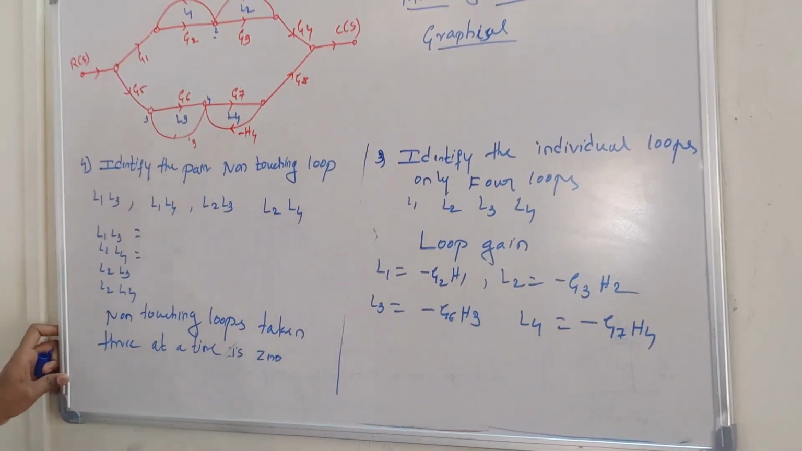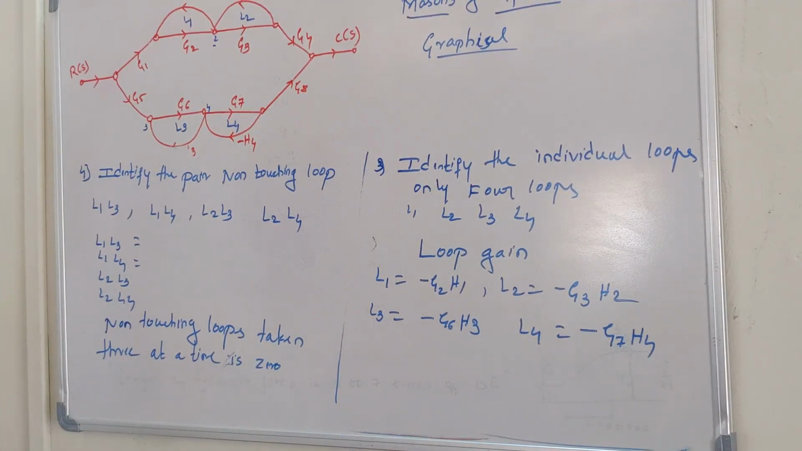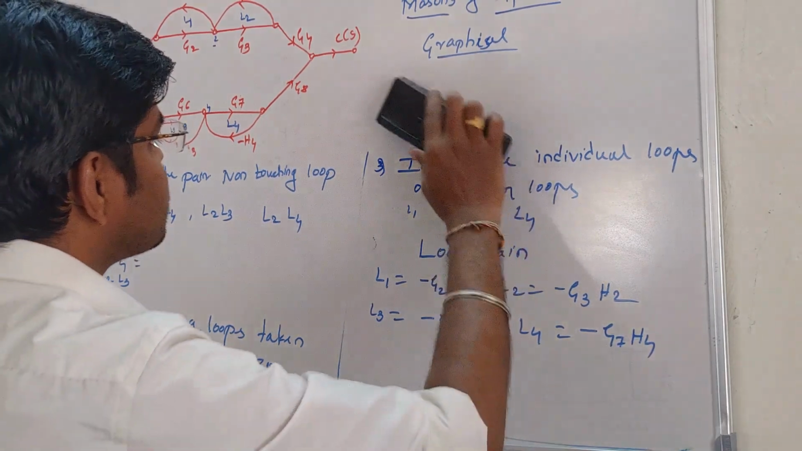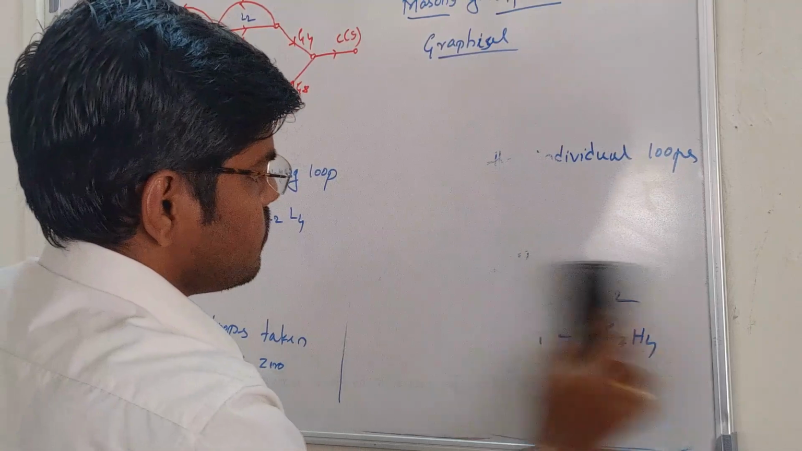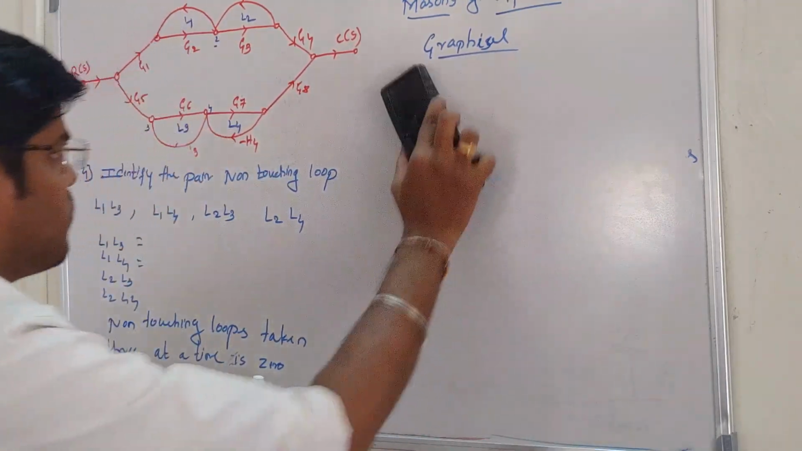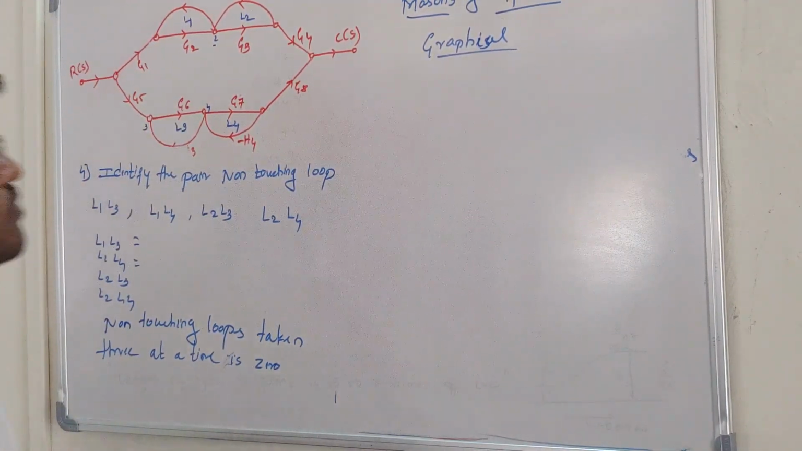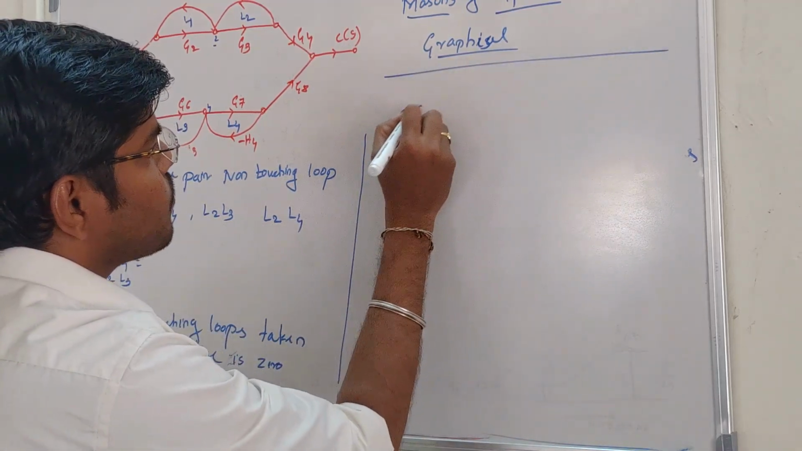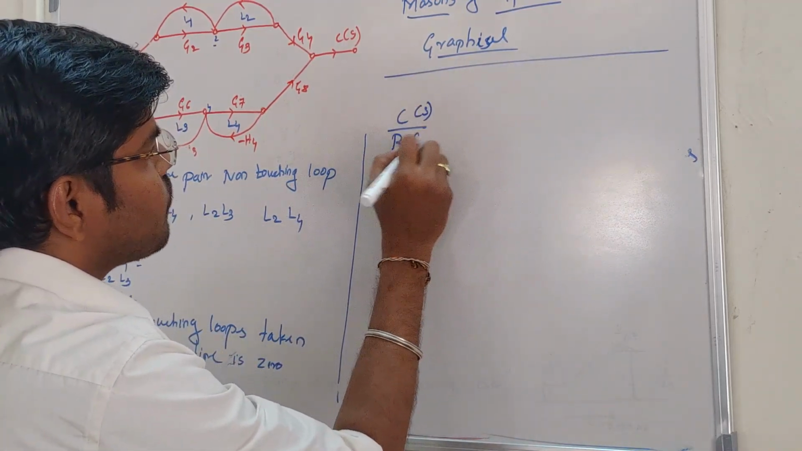So once you get the terminology of all the signal flow graph, number of forward paths, number of loops, number of loop gains, the pair of non-touching loops, then we can use Mason's gain equation to find the overall transfer function of the system. And the Mason's gain equation is given by